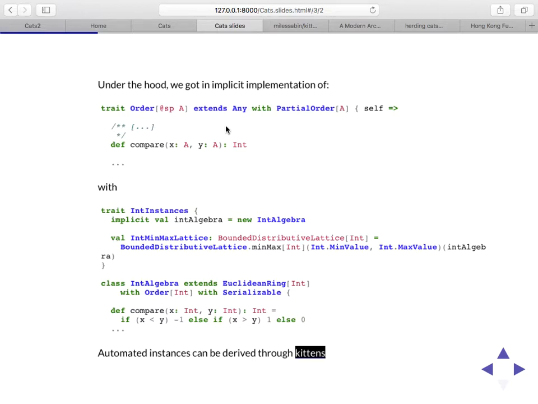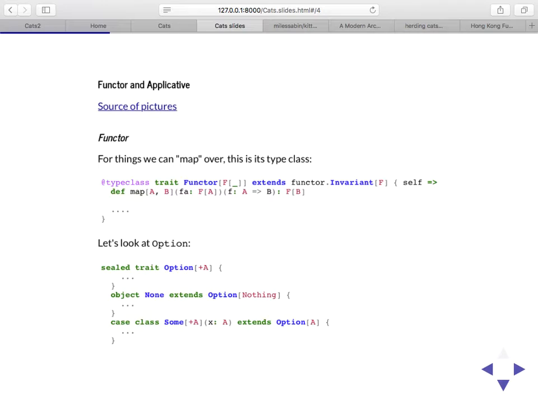And the reason I talk about type classes is that most of the abstractions in Cats are type classes. They emulate many concepts that are part of the Haskell standard library. You can also find a thing called the Typeclassopedia, where all these things are explained for Haskell. Now let's look into more practical type classes,